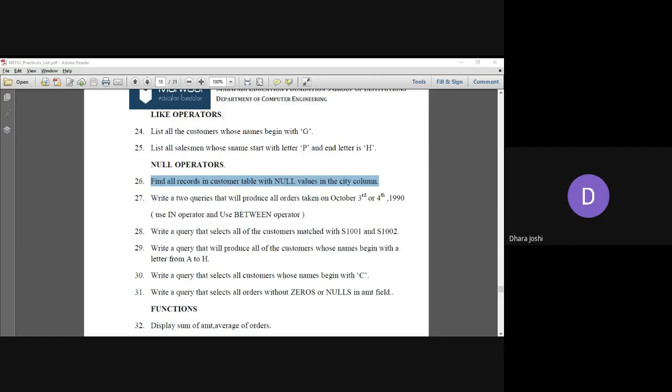Some of you have already written city equals to null, so that is also fine. We want to check the value. The value for the city column should be null. You can write it with the keyword city is null, it is fine. City equals to null is also fine. Whenever you get no data found as a result, you also need to take a screenshot of that. So we know that in our inserted records for that particular table, no record is matching the condition given.